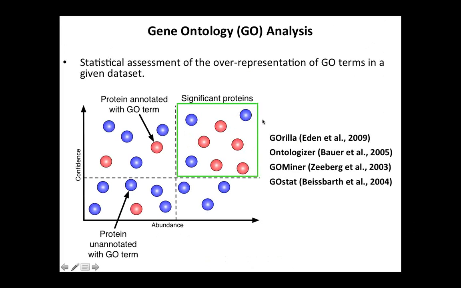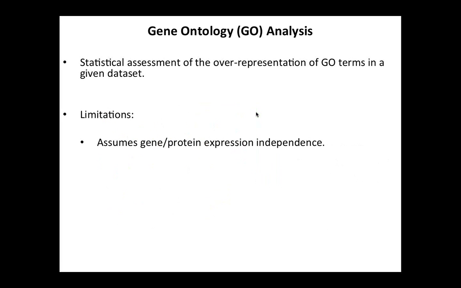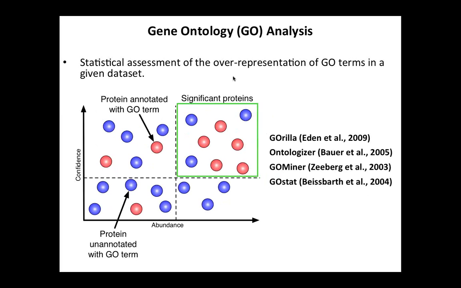And there are a bunch of tools that have been proposed over the years. Some of these are listed here. Some of you might be aware of DAVID that implements also a gene ontology analysis tool. And these tools work fairly well for most of the analyses, but they still have some limitations that are important to be aware of. One of them being that it basically assumes that the gene or protein expression are independent,